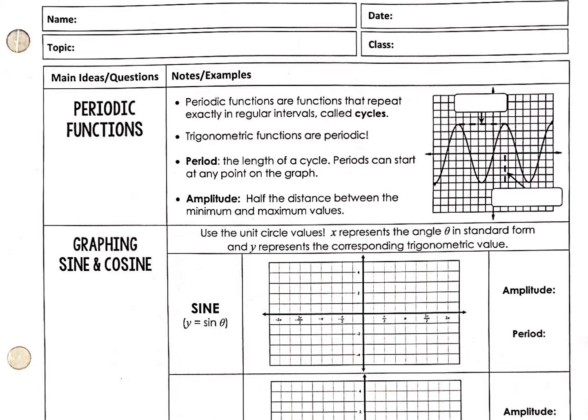So let's highlight that. The length of a cycle is your period. And then your amplitude, if you think about the amplitude in terms of a triangle's amplitude, is the height of that triangle. So that same thing here, the amplitude is the height of the